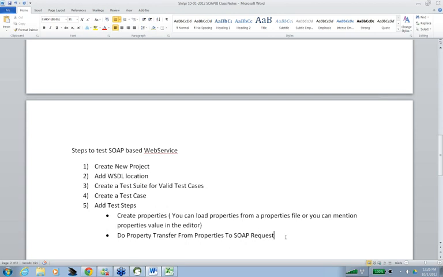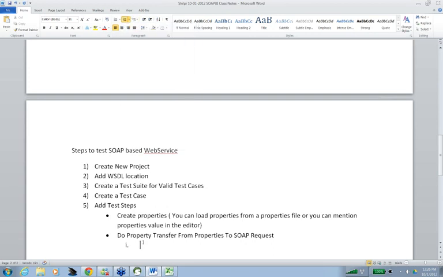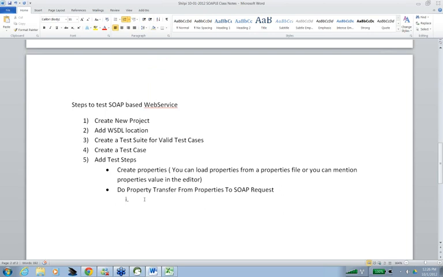To do this, you have to select or add a property transfer for each property.